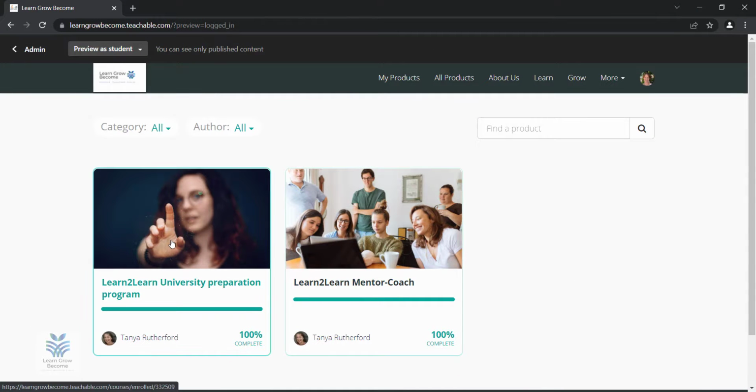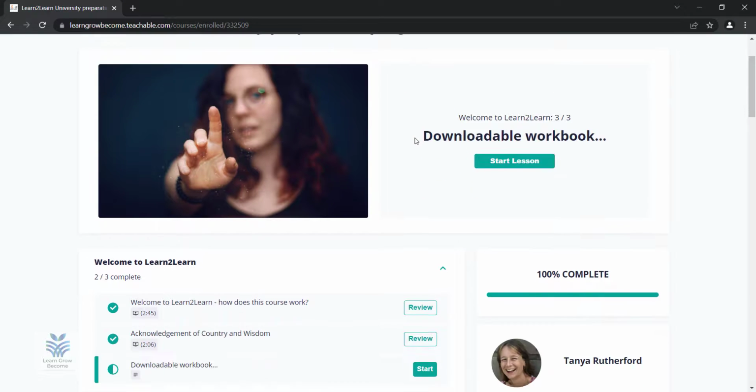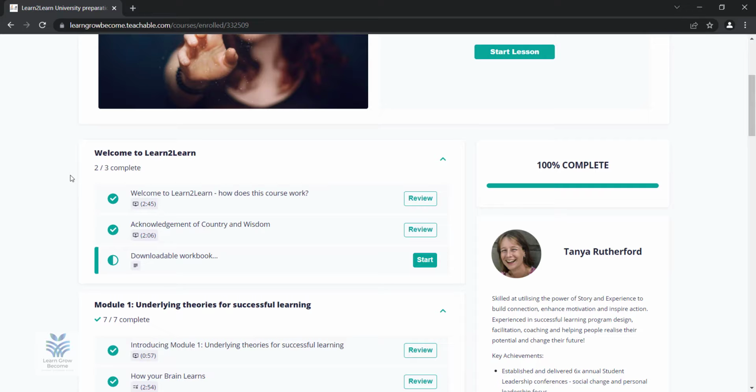We have available for our institutions both the general Learn2Learn program, which we can tailor to your particular university, and we also have our mini training program for our mentors, our peer mentors who may be supporting other students through the program. Basically, this is the initial screen where they can choose to start and they can see where they're